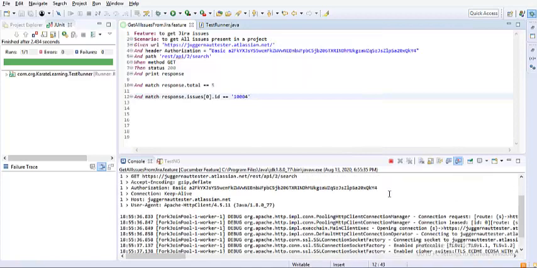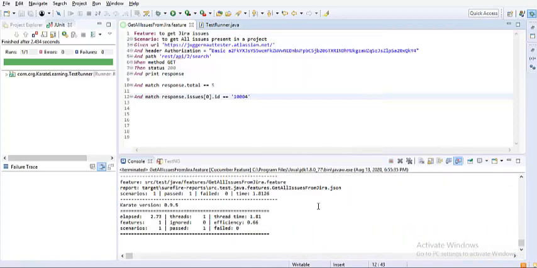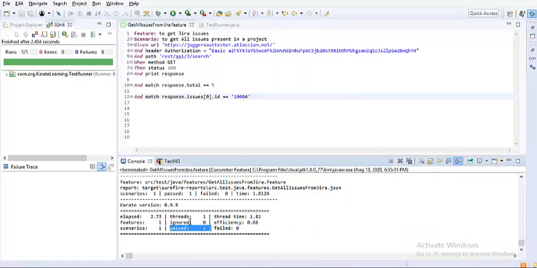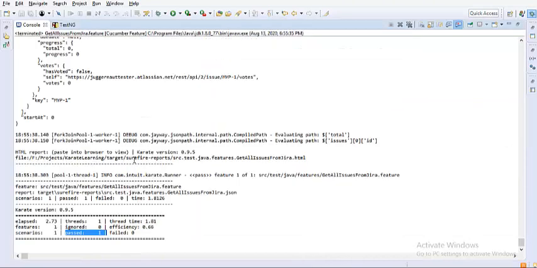I've just given a run and it is executing right now, and see, the test case passed. If you open up the console, you can see the total actually passed. Because we haven't asked Karate to print anything and we did not get any failure, the validation was successfully done.